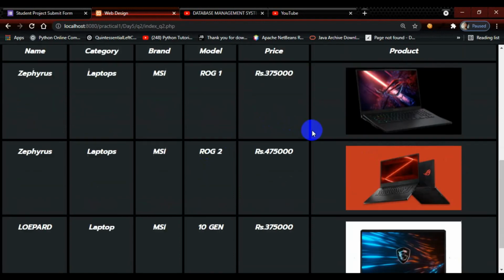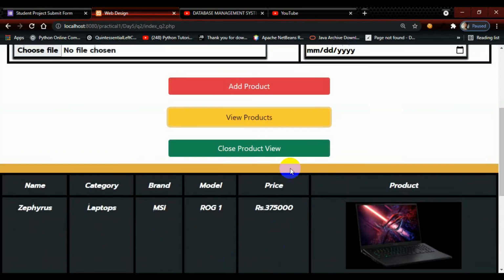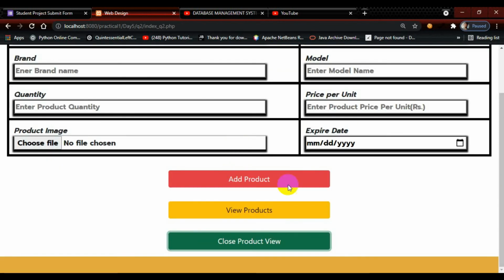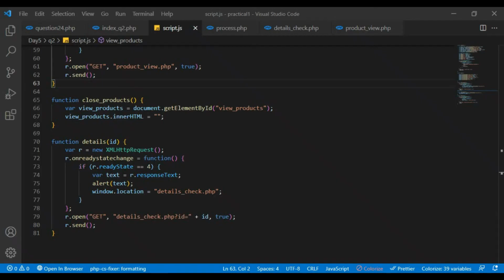So once you click on this close product view button, all of the content is deleted, also using that ID button. So once you click on it, that whole table is deleted, and once you click on view products again, you get that table again. So how did I do that?